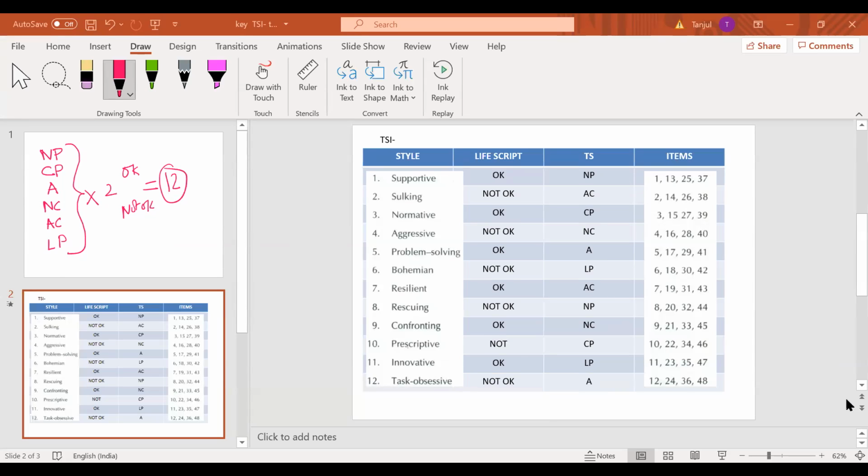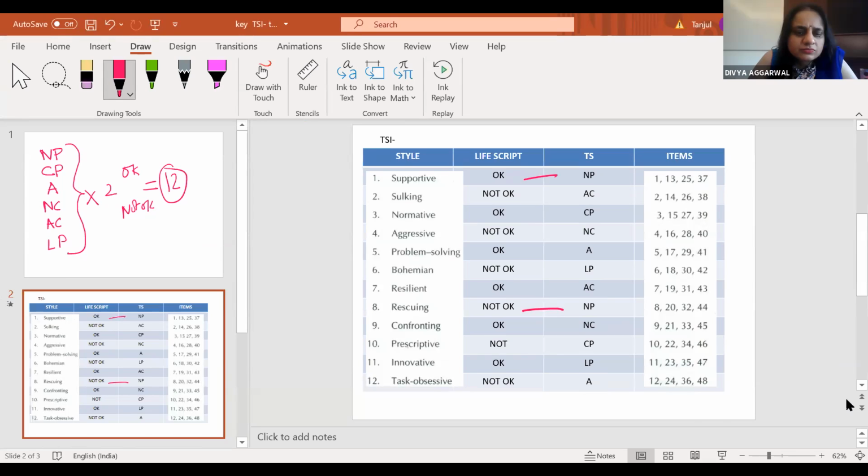She doesn't. Instead, if I tell her, okay, Divya, you make the first draft and then bring it to me. I will see whether you have done it right, and wherever there's a shortcoming, I'll help you out. That is supportive. So rescuing is you become like a banyan tree under which the shaded plants do not grow much. That's rescuing.